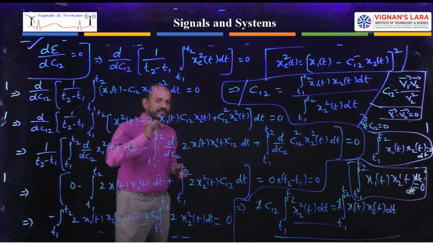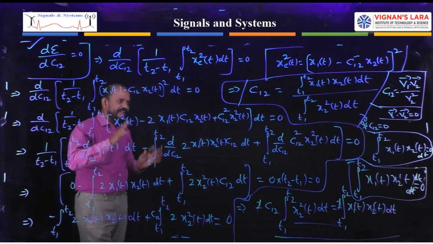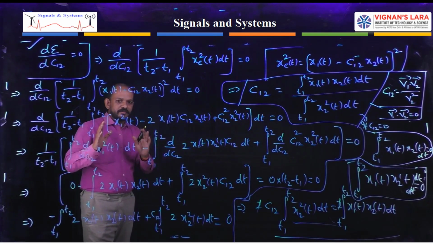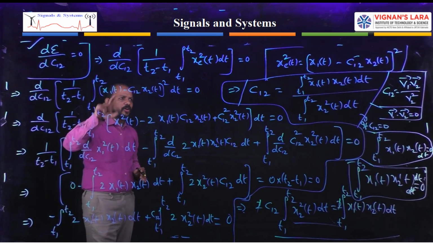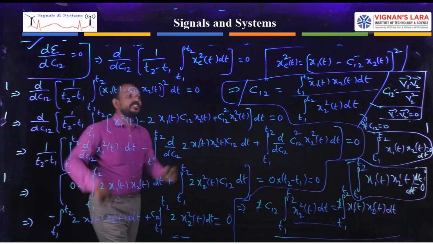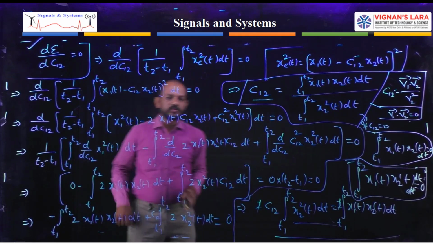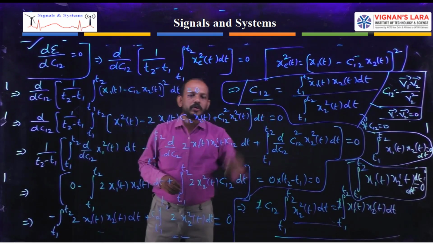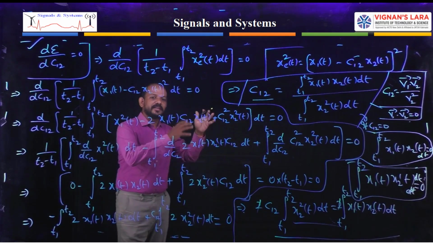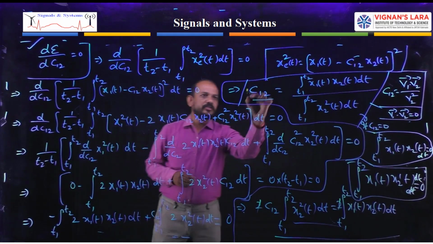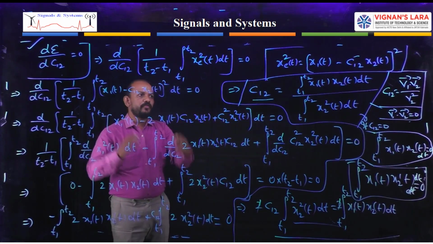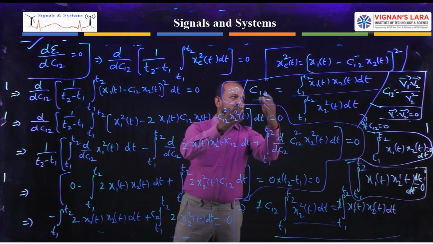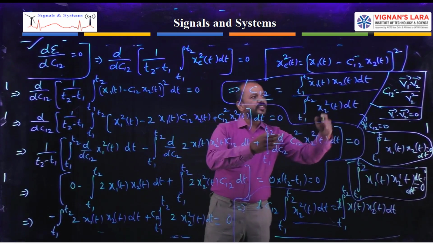So I am concluding it. I am giving a brief summary. The summary for this class is that I went through the analogy between signals and vectors, and in this class mainly I went for finding the value of C12. My main concentration is how to get the value of C12 to get the minimized mean square error. This is the main criterion. So I went through the derivation of finding the value of C12.